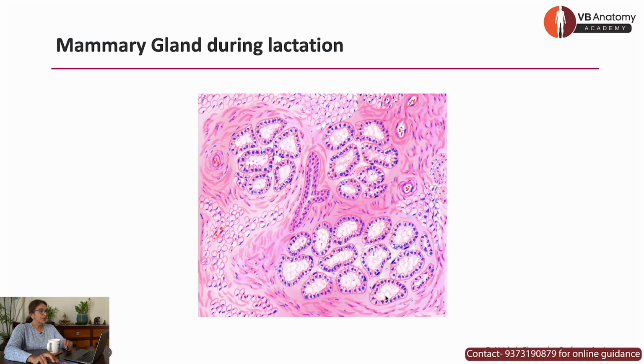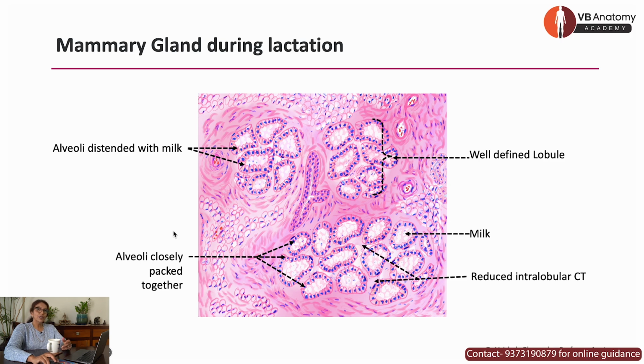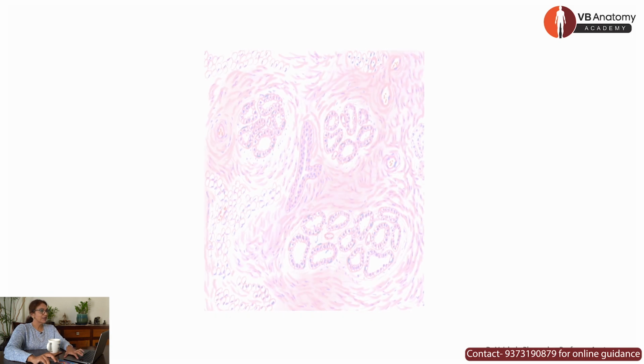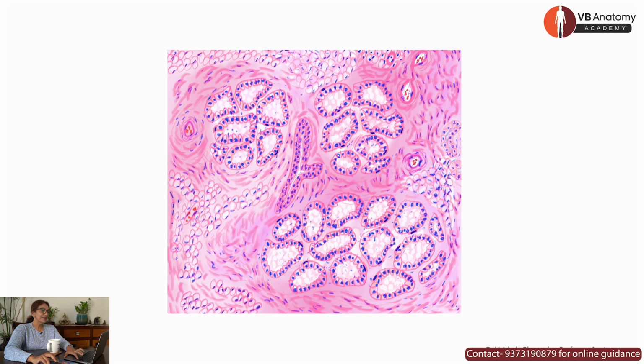So now, here's the lactating mammary gland, where you can see alveoli, well-defined lobule, alveoli closely packed together, distended with milk, and reduced intralobular connective tissue some more, and a good increase in the amount of adipose tissue. So this was passive, this is pregnant, and this is lactating. You can see how the lobules just get packed up